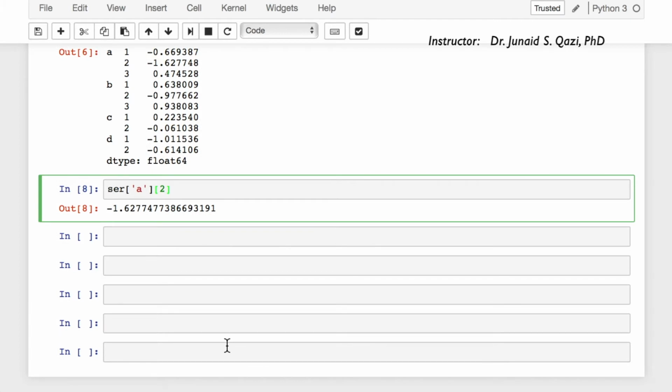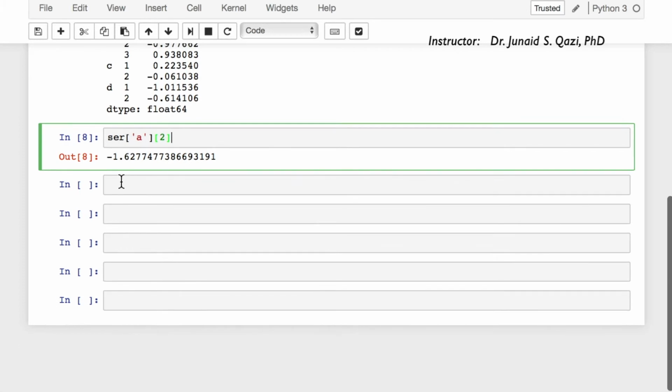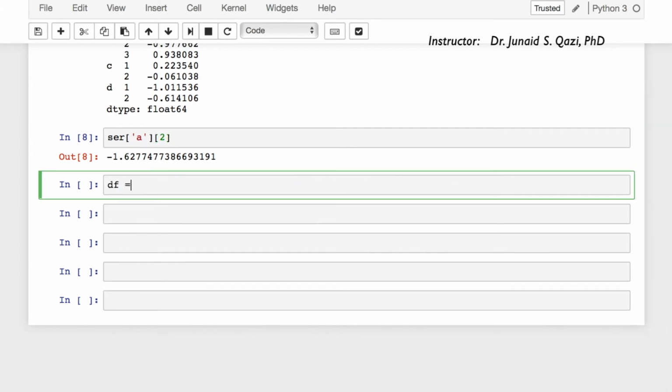Let's try another example with data frames. So with data frame, either axis can have a hierarchical index. Let's create a data frame here. df is our data frame, pd.DataFrame, and let's again use NumPy's arange here, np.arange, and we want 12, and let's reshape this to say 4 by 3 matrix,